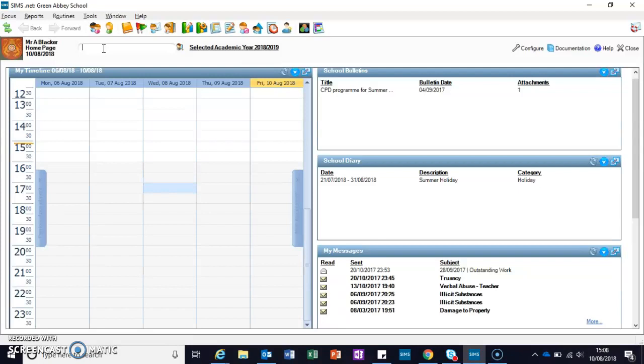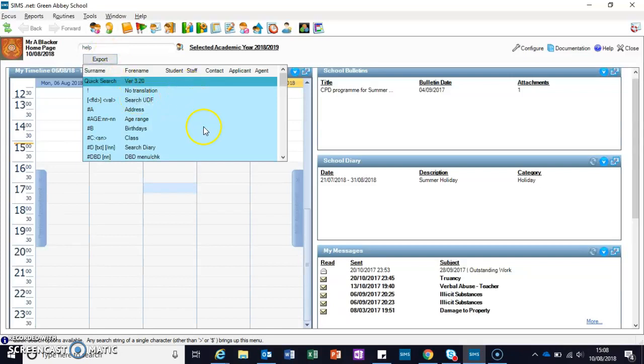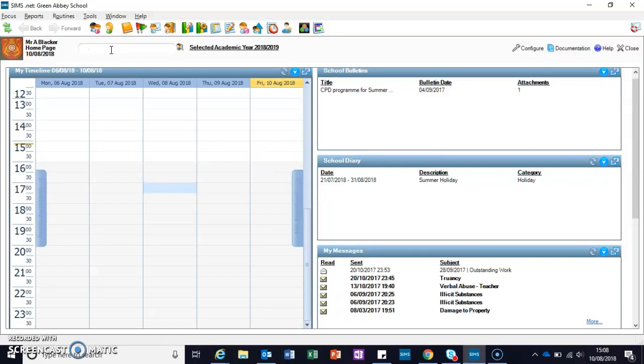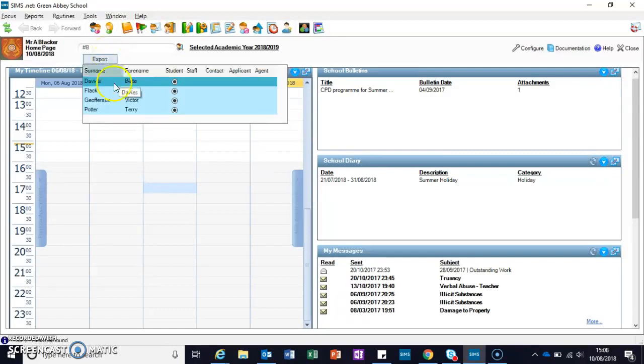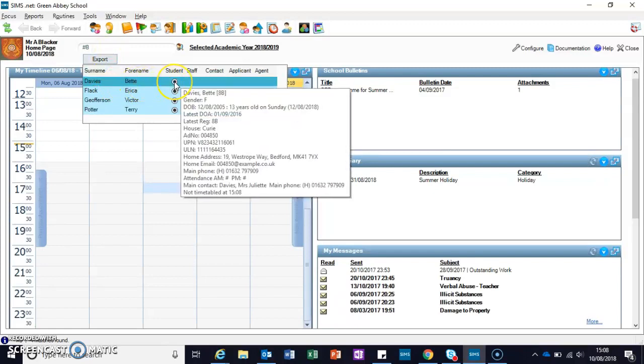So the first thing to do is to type help into the search bar. This will then give you a list of all the search commands that you can use to search the database. For example, #B for birthdays, #F for any female students, or contacts. So let's have a look at the birthday list. If we do #B and press enter, we get a list of the students whose birthday it is